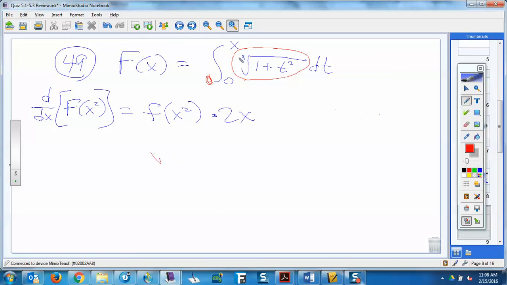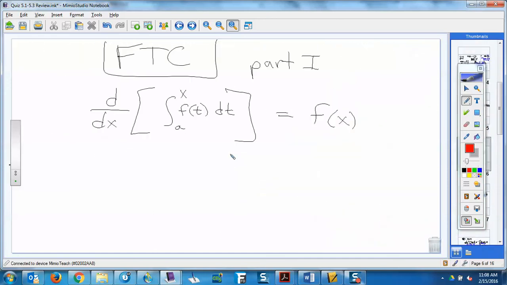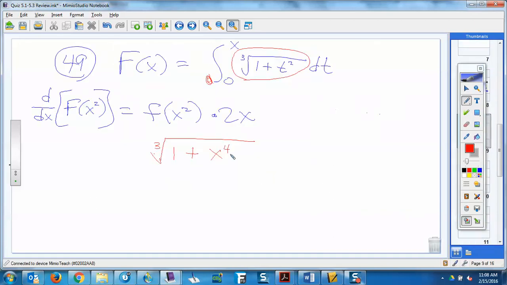Cube root. The cube root. 1 plus x to the 4th. Right? You plug an x squared in to little f. This is little f. See, again, understanding the notation. Go back where it is right here. The area function, that's little f. That little f's in there. And then times